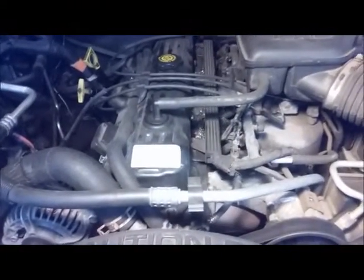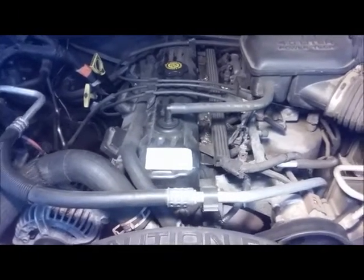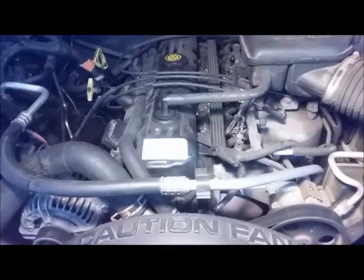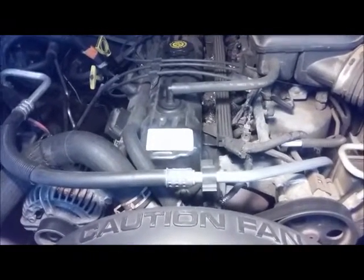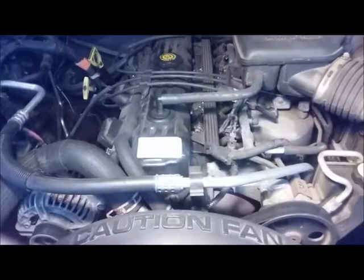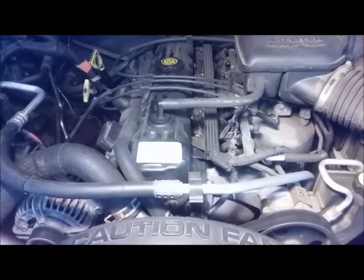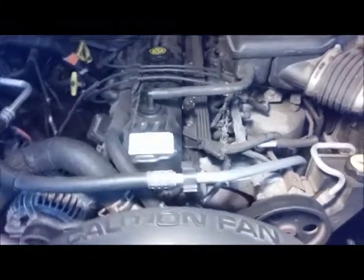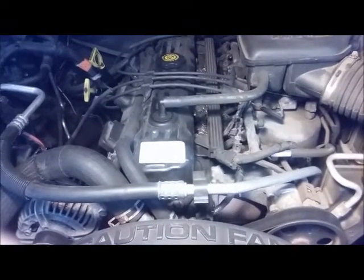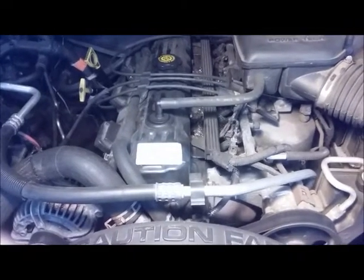This is a 4-liter 6-cylinder engine in a Jeep Grand Cherokee 2001 model, and it has been a very hot summer in July 2018, and the Jeep has been hesitating to run when it gets hot. It's fine in the morning when I drive in the cooler weather, but in the evening when I come back it hesitates, and gave me the trouble codes